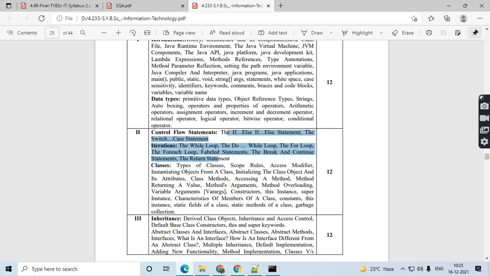The only new one implemented is the for each loop. We will see an example of how to use the for each statement.